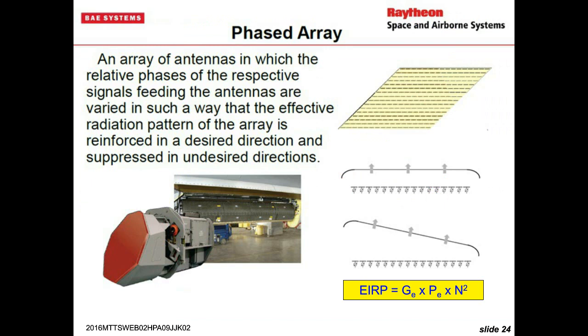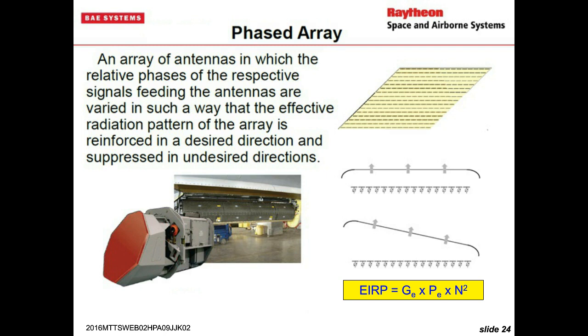Now there's other types of power combining that are in between what I described, and I'll just casually mention a couple of those, such as the radial and the spatium that Qorvo has developed. But the real focus I want to focus on is the phased array. And the magic in the phased array is that equation down at the bottom, EIRP, effective isotropic radiated power, which is gain per element times power per element times n squared, where n is the number of elements.